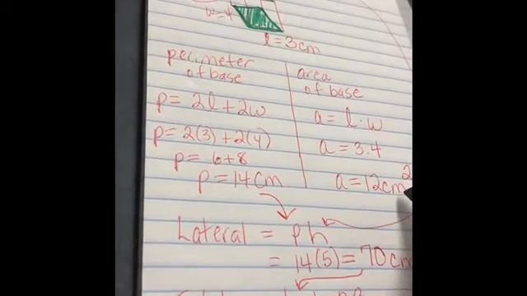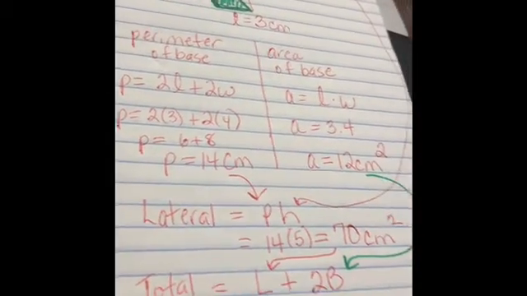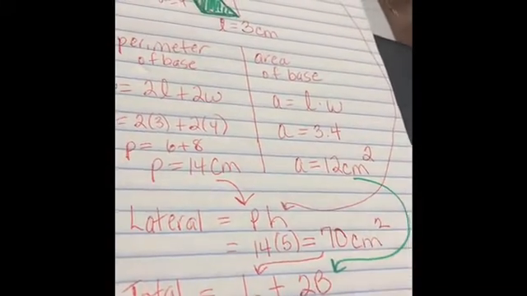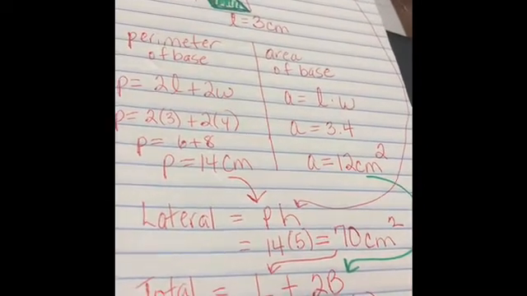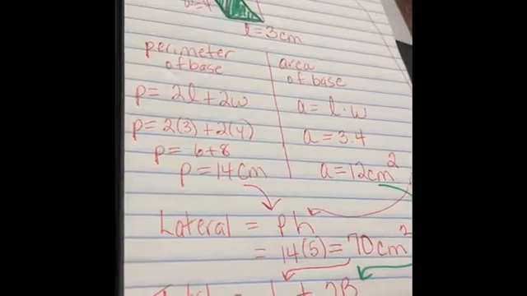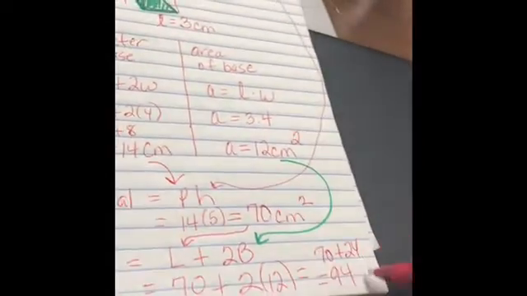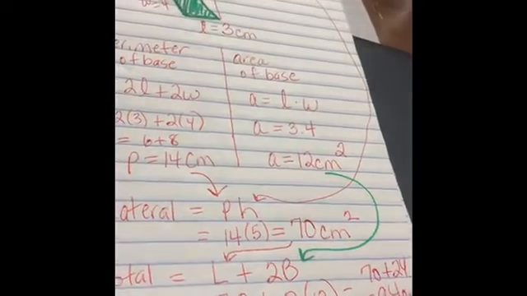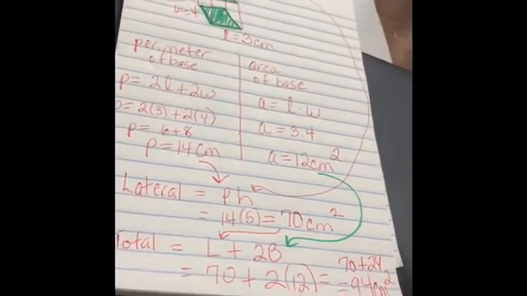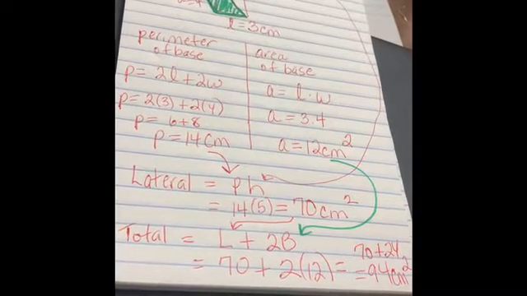So if they can't tell that, you can draw some kind of arrow. I had to use the bigger piece of paper. So 2 times 12, which is 24, will give them 70 plus 24, which will be 94 centimeters squared. So that might not be a great video, but it is